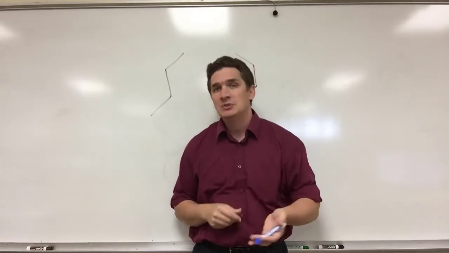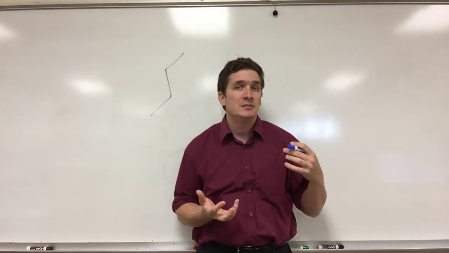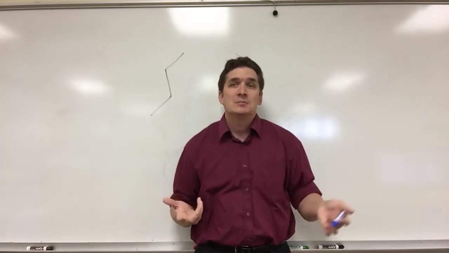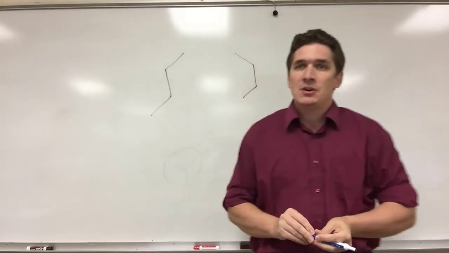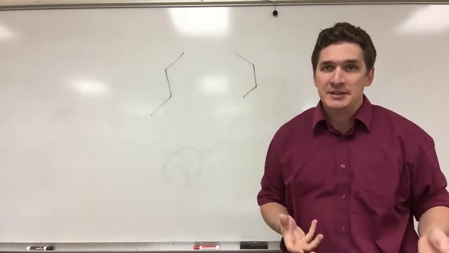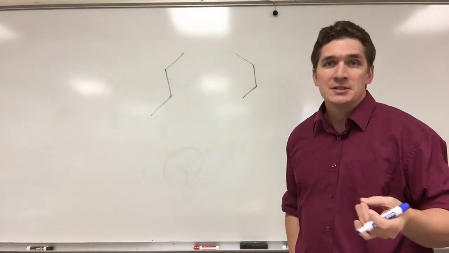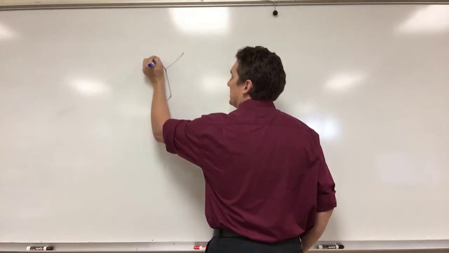Now, I'm not the type of instructor that requires students to memorize bond angles, and the big reason I don't is that unless all the atoms are exactly the same, these ideal angles are not what's seen in practice. But let's go back to it anyway. So what I've drawn here are two different conformational isomers of butane. Now, what I haven't drawn in are the hydrogens, because typically we ignore those in line bond drawings, but let's just draw them in right now